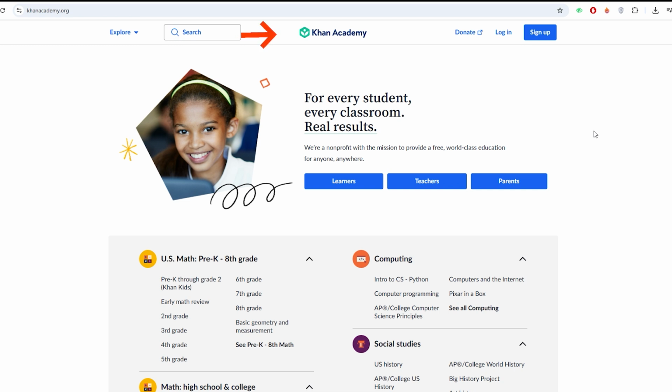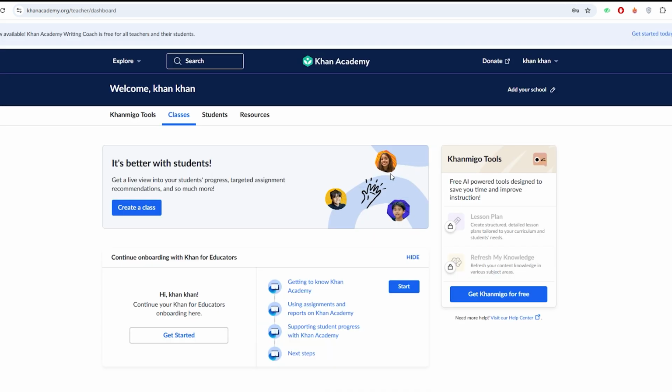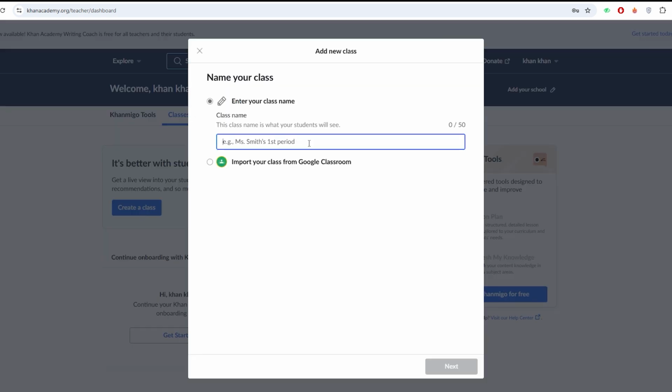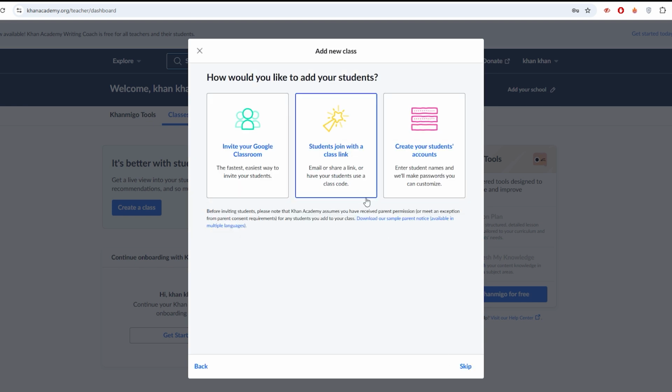1. Creating an account. First things first, head over to Khan Academy and sign in using your Gmail account, but make sure you select the teacher option. Once you're inside, look for the Create a Class button. That's your gateway to building your digital classroom. Just click it, name your class, choose the subject, and boom, you're officially a Khan Academy teacher. From here, you can start adding students, assigning content, and watching the magic happen as your tutoring space comes to